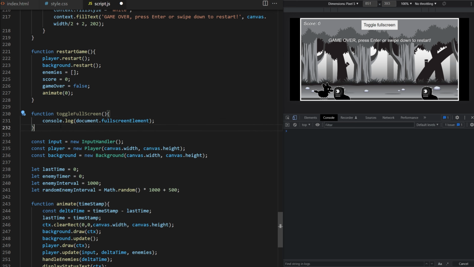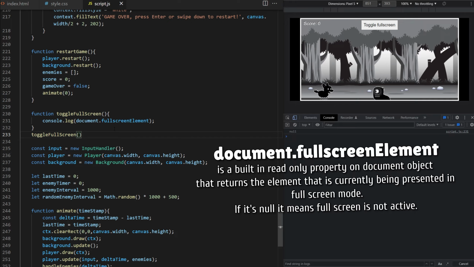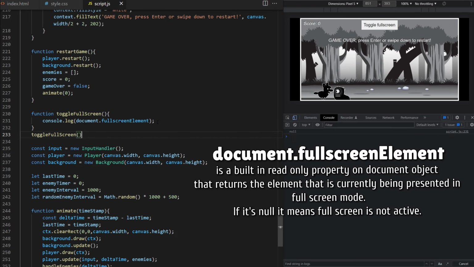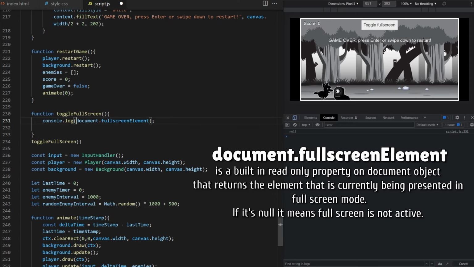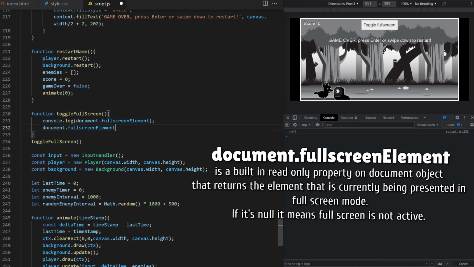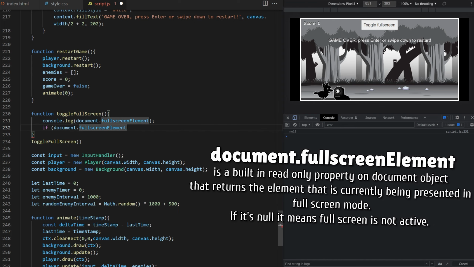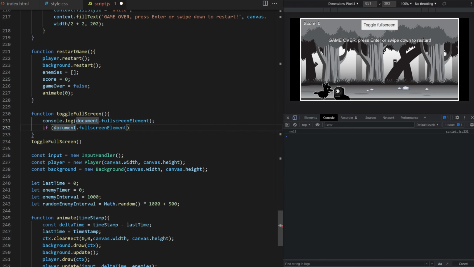fullscreenElement is a built-in read-only property on the document object that returns the element that is currently being presented in full screen mode. If it's null, it means full screen is not active. We can use this property to check if we are currently in full screen mode. I say if full screen mode is not active, take the canvas variable from line 2 and call the built-in requestFullscreen